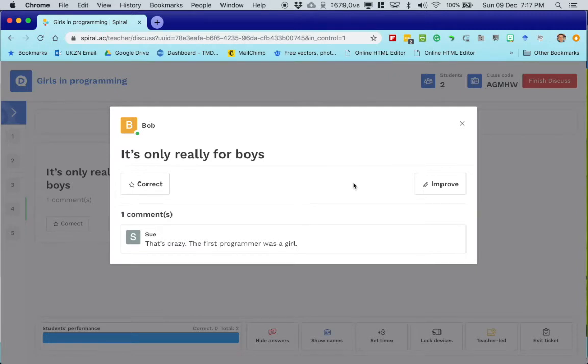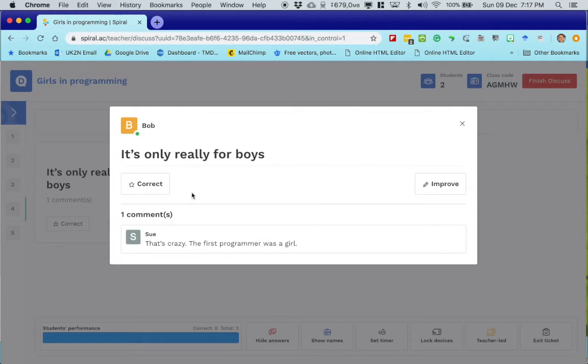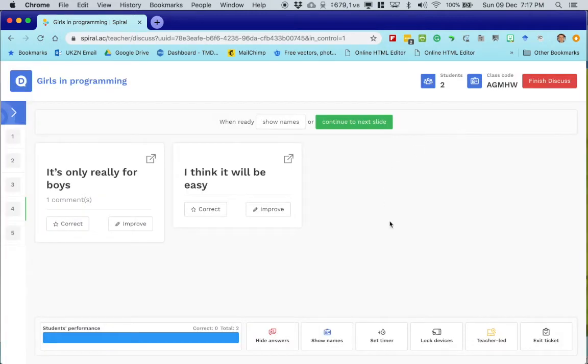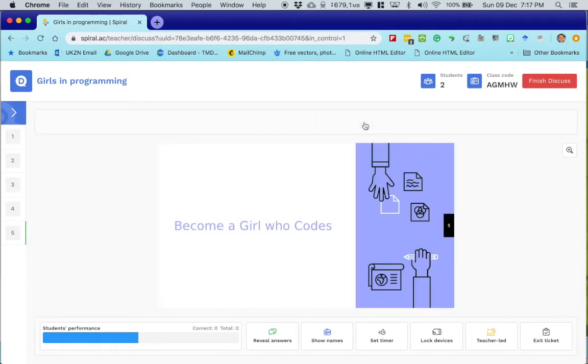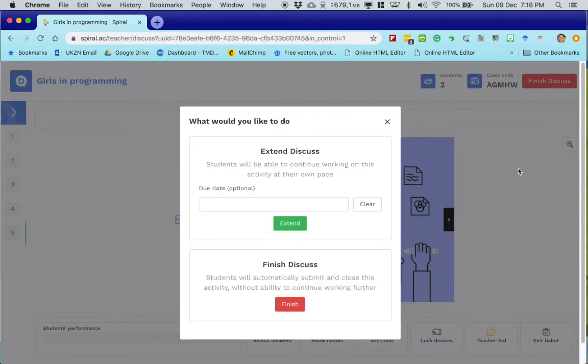So what we're now doing is the conversation is not only moving between the teacher and what we've put up as our question and the students, the conversation is now moving between the students themselves. And this is really exciting, especially in big classrooms, because you can end up with students having conversations with one another and with the teacher or through their devices. And so that is essentially how we continue to encourage conversation around the pedagogy and around slides. So we've got fixed content, we're having conversation, and when we're ready, we simply hit finish discuss.